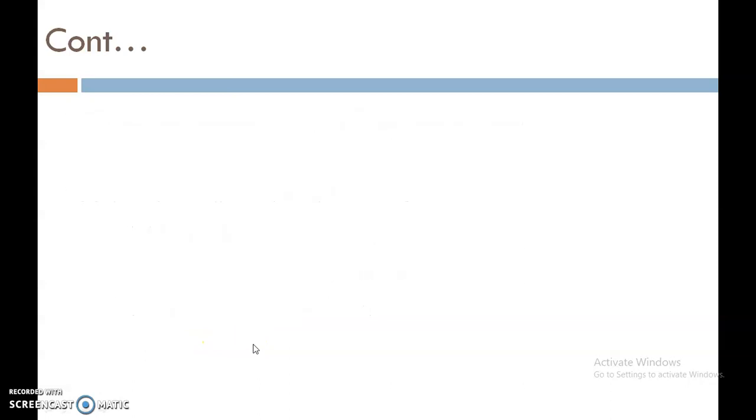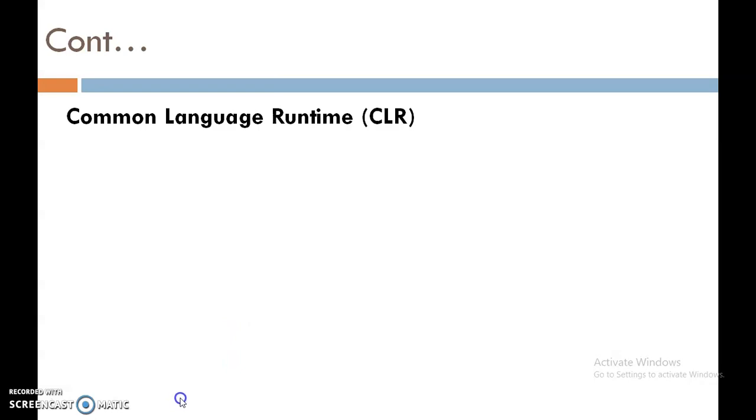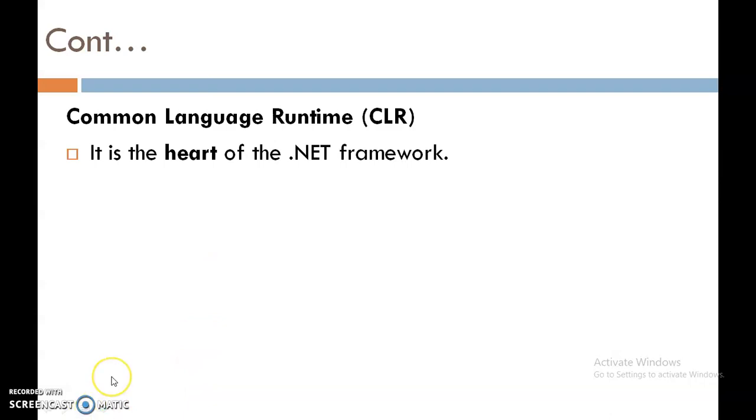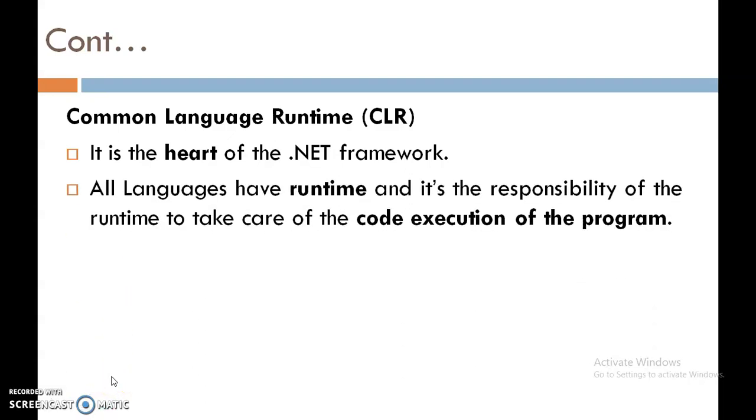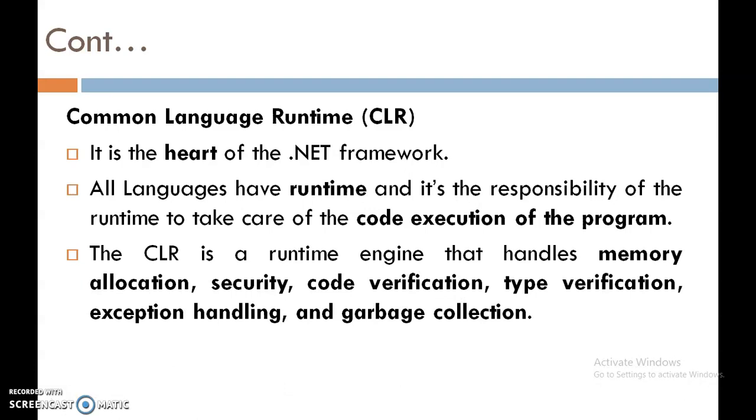Now, first is CLR, Common Language Runtime. It is the heart of the .NET Framework, means it is the main part, the core component of .NET Framework. It provides an environment to run all the .NET programs. Means no program can run without CLR. If the programs are running under the CLR, programmers need not worry about managing the memory. Means the memory management function is performed by the CLR.